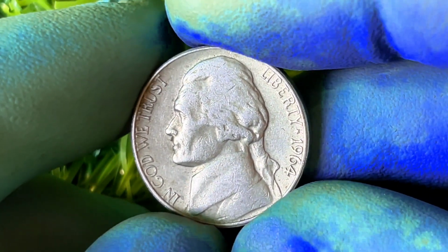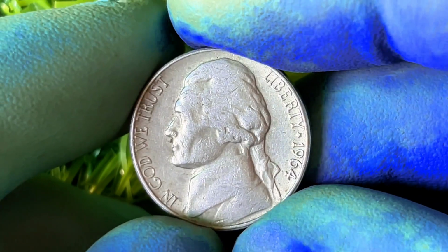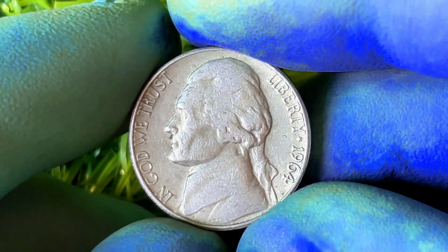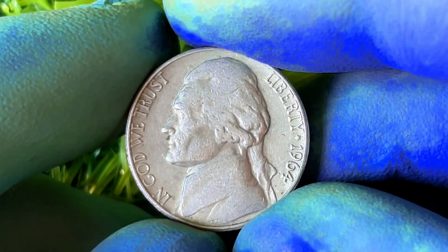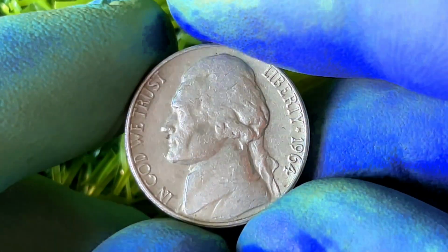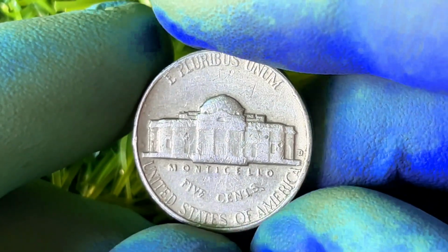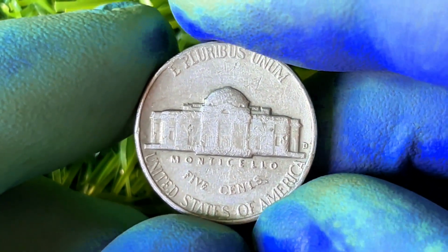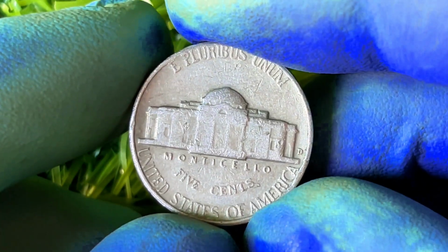These proof-struck nickels are identifiable by their deep mirror finish and sharp, glass-like details. Jefferson's face should almost look sculpted, and the Monticello design on the reverse should have razor-sharp steps. Collectors call it full steps. If you can count all 5 or 6 steps clearly, without breaks or wear, you may have something extraordinary,